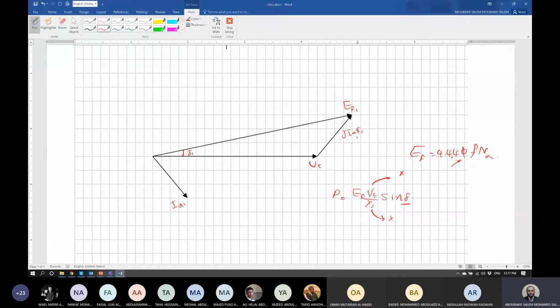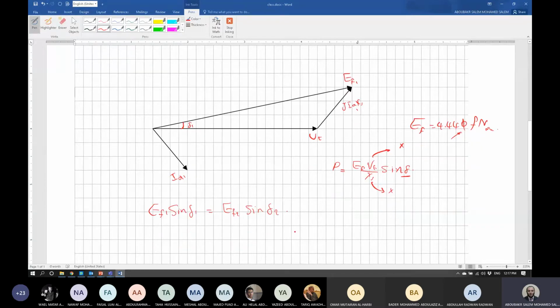For instance, now we could see that power is proportional to EF multiplied by sine delta. So we can say EF1 sine delta 1 equals EF2 sine delta 2. For instance, we have a certain operating condition for case number 1. The machine is excited and delta 1 due to a certain load is known. If the load increased to delta 2,